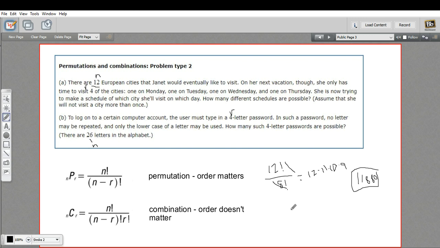Okay, so we will have 26 factorial, oh boy, this is going to be a big number, over n minus r, so that's over 22 factorial. And then when we do our cancellation, we'll have 26 times 25 times 24 times 23, and then all the numbers 22 and down will cancel with this. So this is our answer. Let me punch that into my calculator. 26 times 25 times 24 times 23. And I got